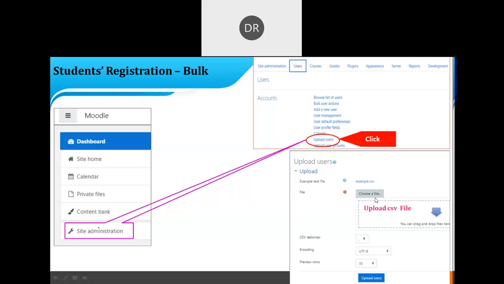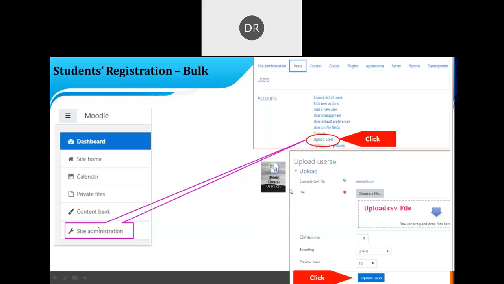So the file which was created as a CSV file, now you can select this file here and upload it. And after selecting this file, you just scroll down and upload the users. That means the file which was created offline on your laptop or desktop, now we are uploading into your site which is created.